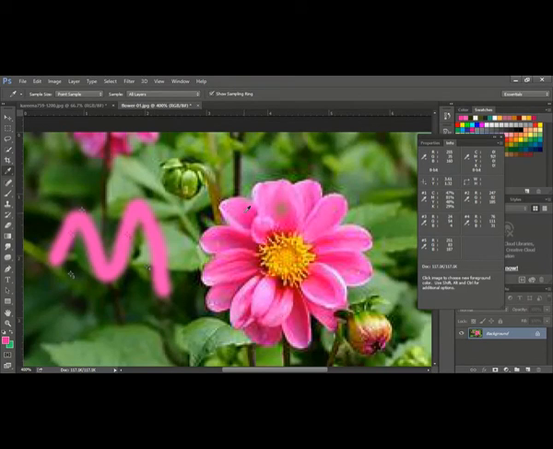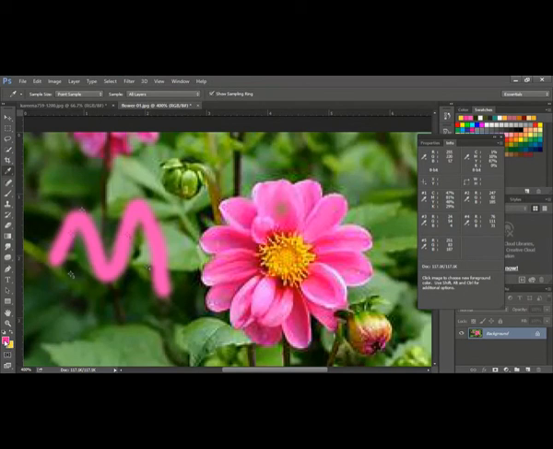Suppose you want to get this color for your background image. Let us press Alt and click. When you press Alt and click, the background color is changed. If you just click, it changes the foreground color. If you press Alt and click, it changes the background color. The brush tool uses the foreground color.